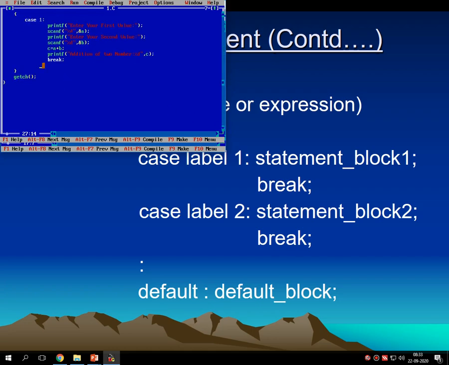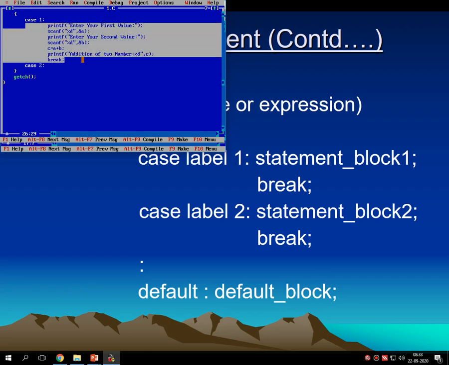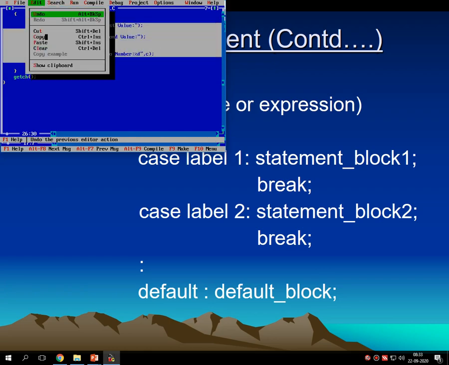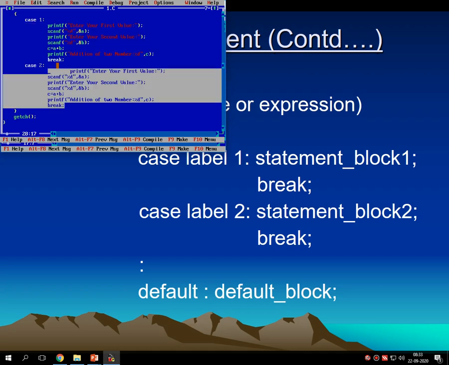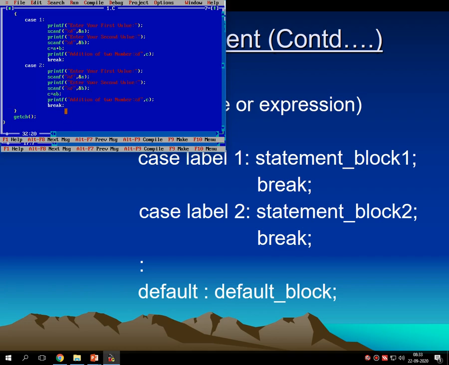After this break we will mention case number 2. In case number 2 almost everything is similar, so I am just copying and pasting that entire code, and instead of this plus I am giving minus, and instead of this text message addition I am giving subtraction.